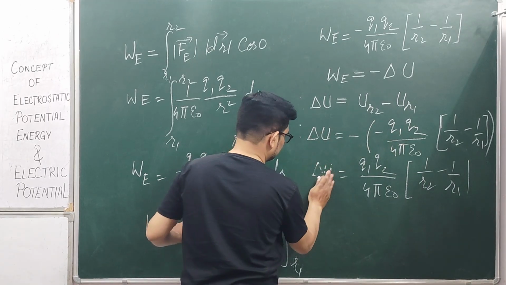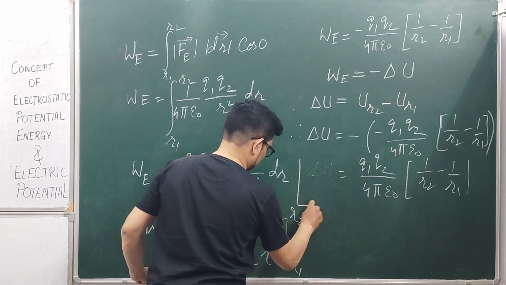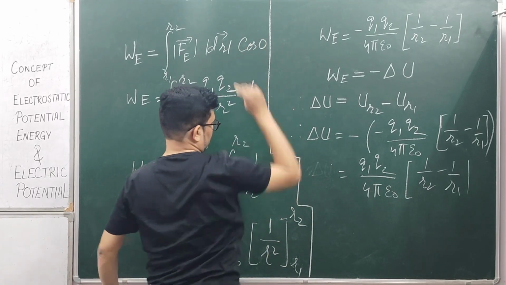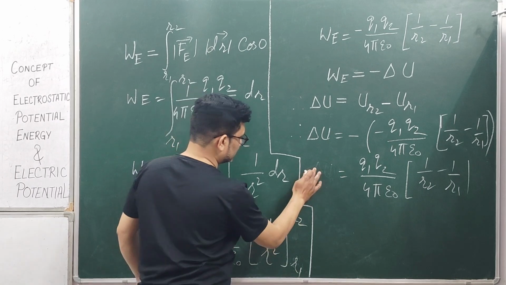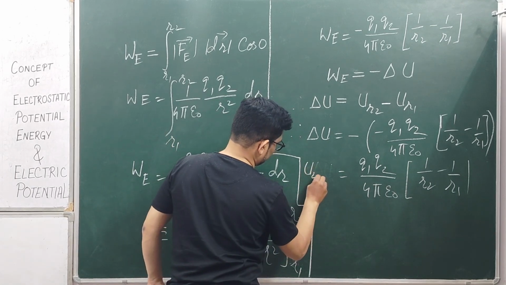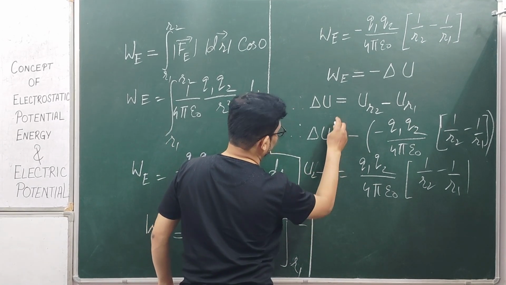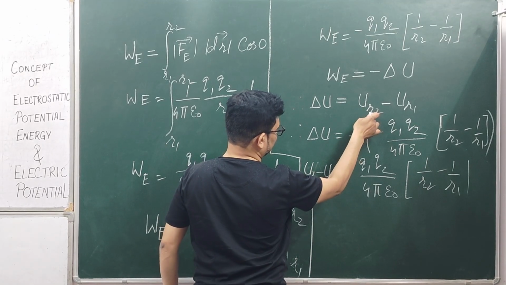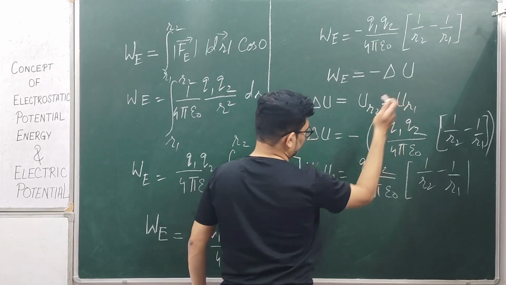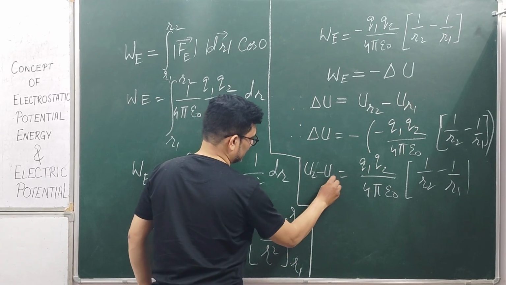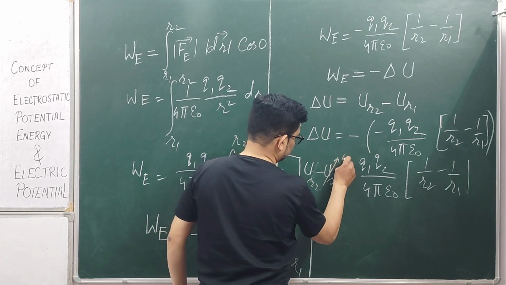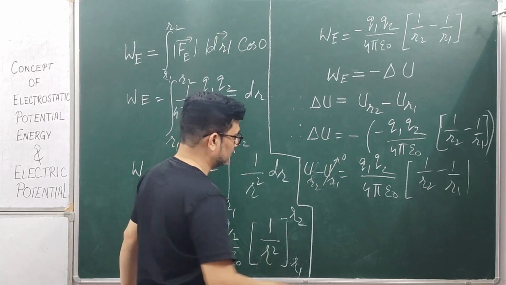Now this delta U, can we write this delta U? I'm just separating the two derivation parts in this way. This delta U could be written as U2 minus U1, that is the final potential energy at this position minus the potential energy at this position. And we know this, at R1, what was the potential energy? It was 0, right? If we consider R1